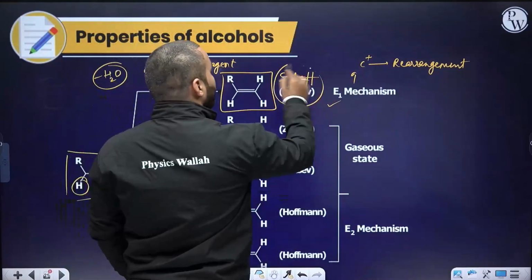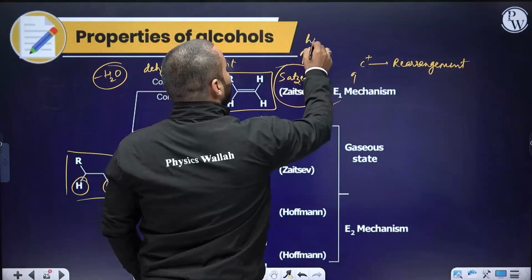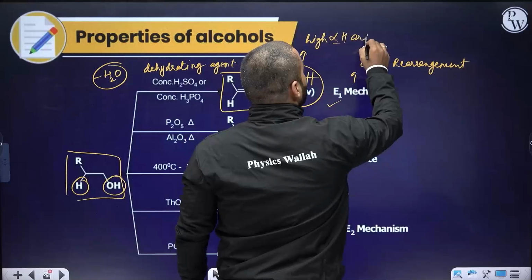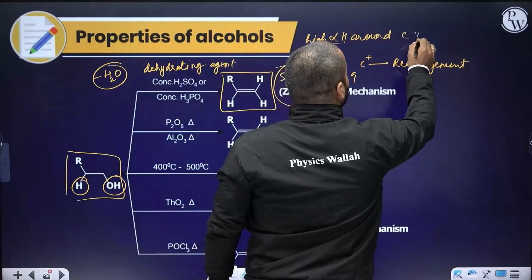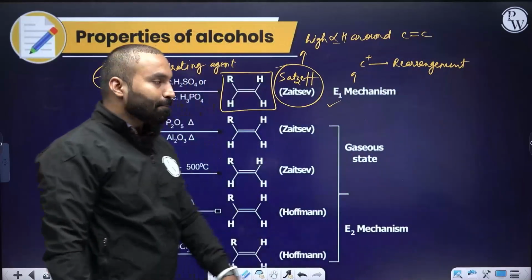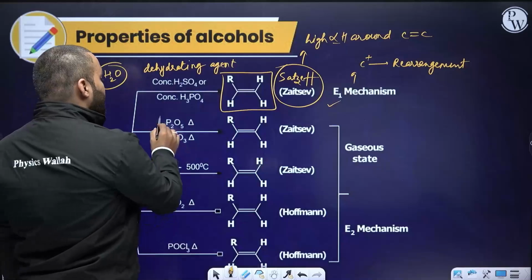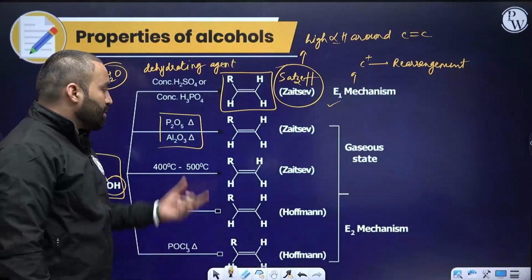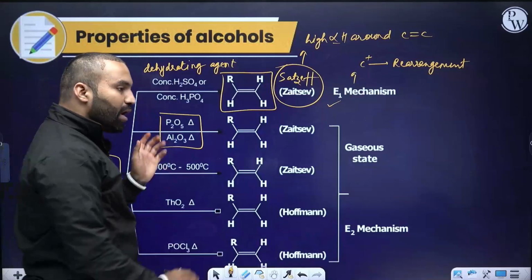What is a Saytzeff alkene? The one which has high alpha hydrogens around the carbon-carbon double bond. Clear? Now, if you take P2O5 and heat it, or Al2O3 heated, phosphorus pentoxide or alumina heated, the